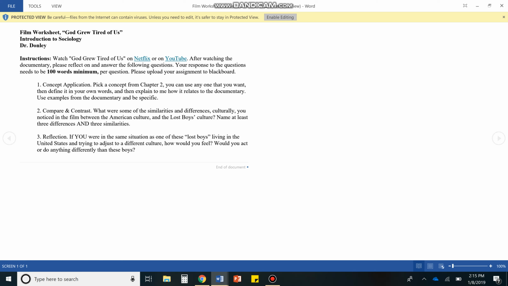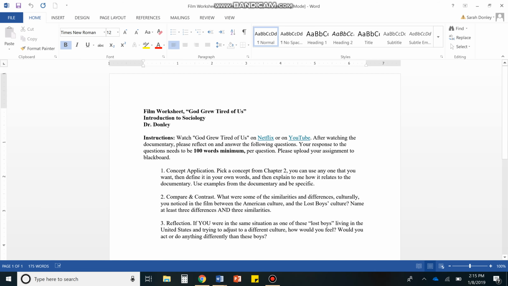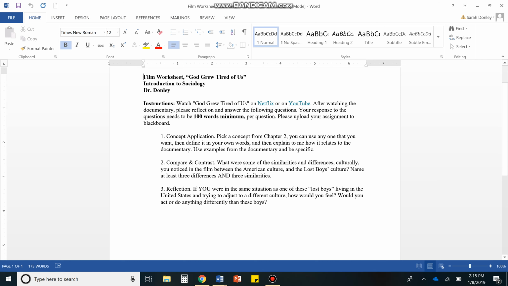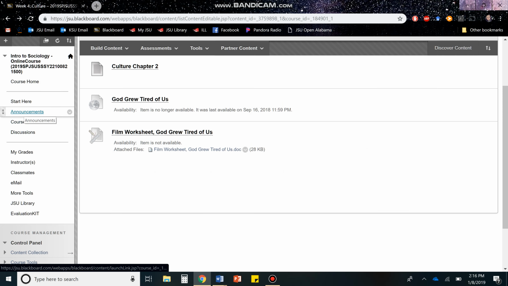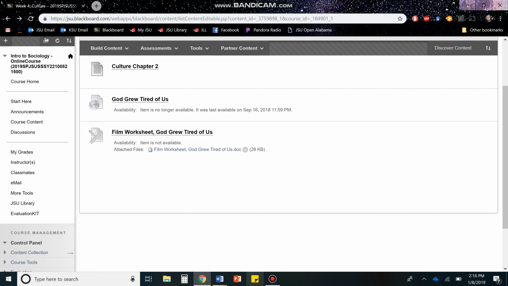And typically, if you have the podcast or a film worksheet, you'll have typically 3 to 4 to maybe 5 questions to ask. And this one is concept application, so picking a concept from the book and applying it to the movie, compare and contrast, and then reflection. So, reflecting from your own personal experience. This is a typical assignment here. Some will be harder, some will be easier. It just depends on what the content is and all those things. So the other important thing that you need to be aware of is,